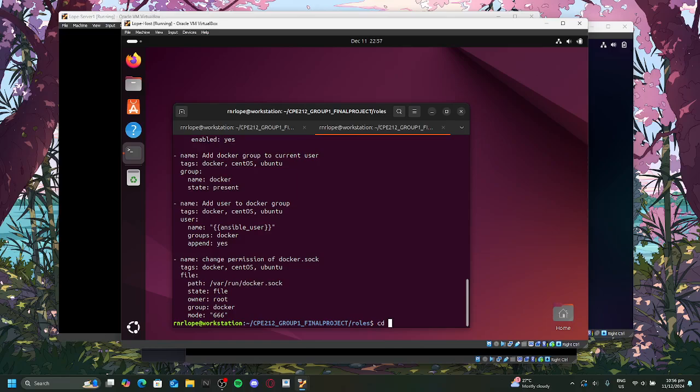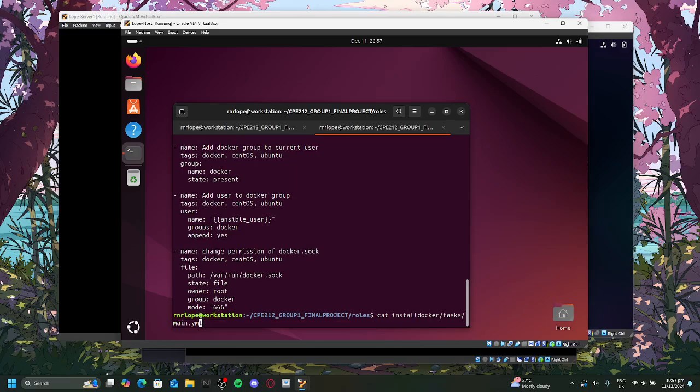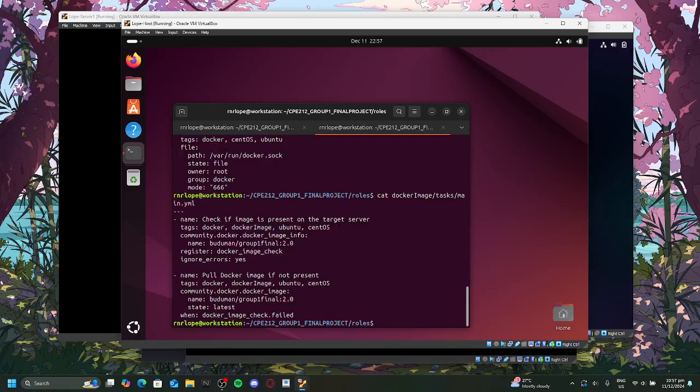And for our Docker image role, first we check. Our image has been uploaded to Docker Hub.